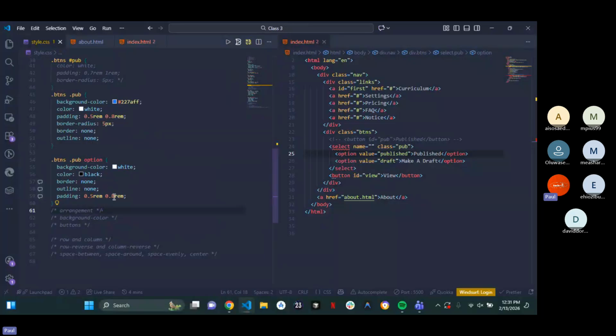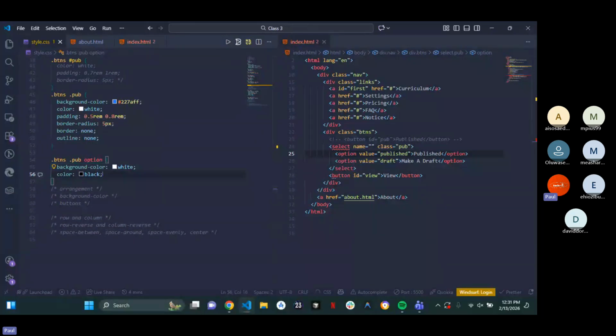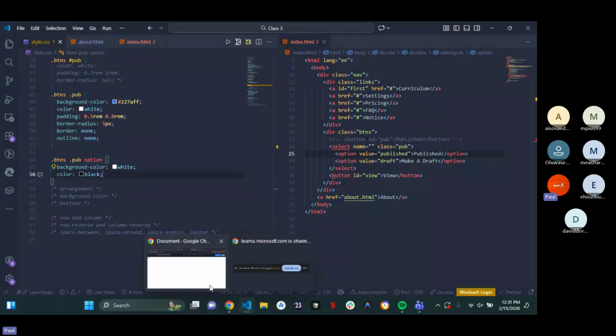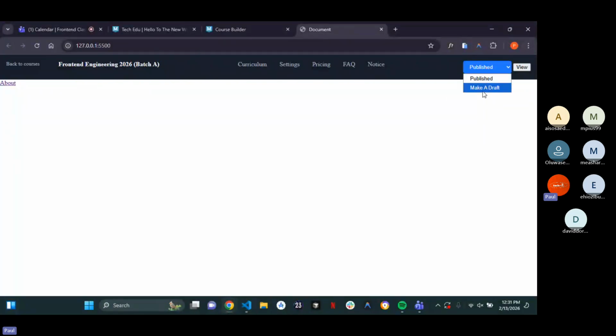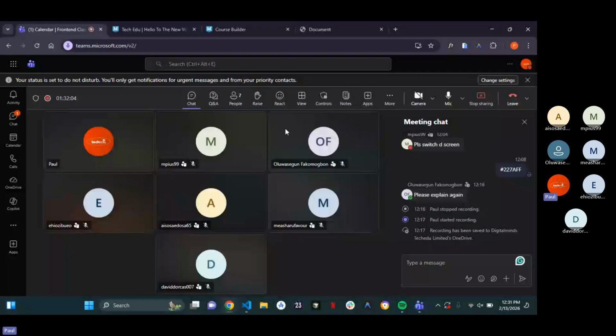All right. So now we've been able to get our published, at least up to an aspect. So the next thing I'll be talking about now is our view, right? We'll talk about view and how we're able to style view more. So I'm going to pause the recording here and give us time to write these codes. And then when we come back, we'll talk more on